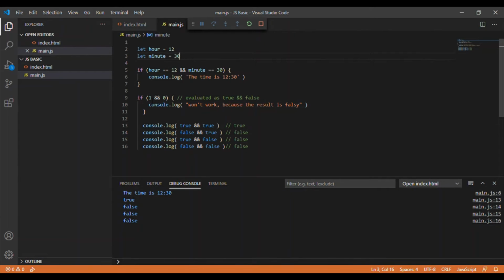If 1 and 0, so 1 and 0, this means it is true and false, so it would be false. So the console.log wouldn't work because the result is falsy. This is just an example to understand how the results are taken. And the last one, which we have already learned for the OR operator, similarly for the AND operator,